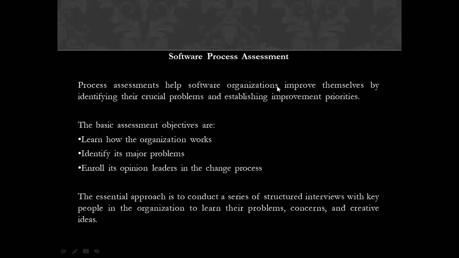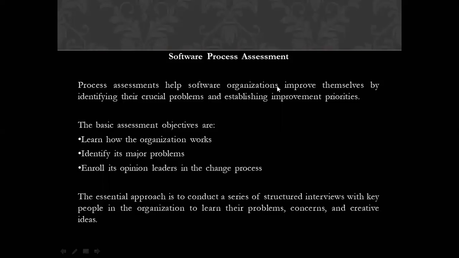What is preparation? Preparation means the senior management agrees to participate in the process and to take action on the resulting recommendations. That is called prepare. You have to prepare yourself. The senior management agrees to participate in the process of the assessment. We have to find out our drawbacks, where we are not working properly, so the management should agree with that. Whatever comes up, we will take appropriate action on it, and we will follow the recommendations